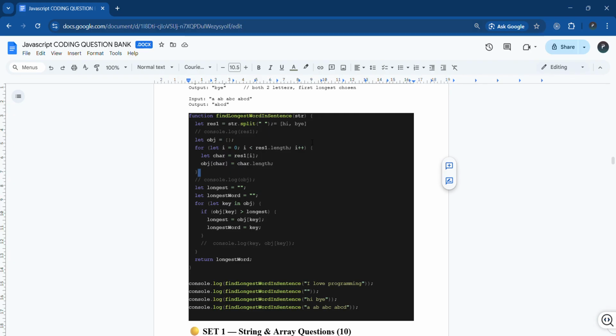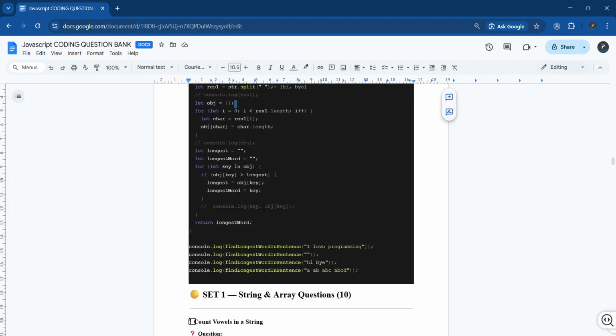And then I declare let longest is equal to an empty string, and longestWord is also an empty string. Then I iterate this object, so let key in object. If object of key is greater than longest, like object of key, we have the keys hi and bye. So if object of hi is greater than longest, then longest is equal to object of key, and longestWord is equal to key, and this is how it will return